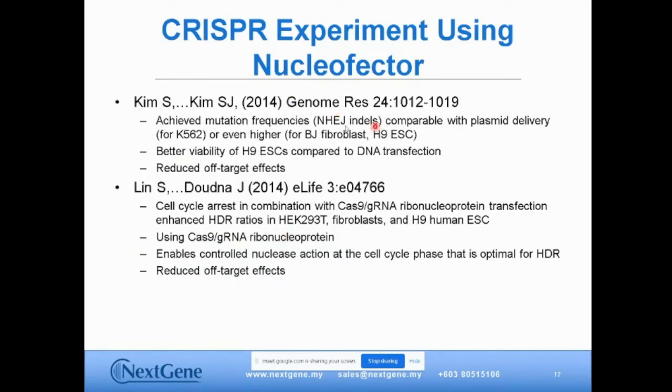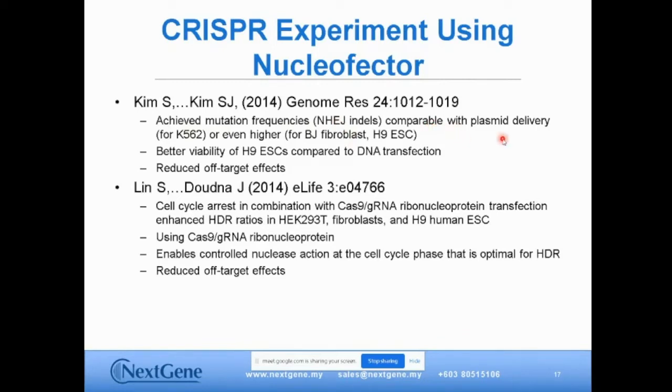Another experiment that I will highlight is the publication by Kim and co-workers. What I would like to highlight is the advantage of using the RNP transfection method instead of the plasmid DNA or the mRNA method. By using the RNP method, you deliver the guide RNA complexed with the Cas9 protein, formed in a tube before transfection, and it achieves mutation frequency